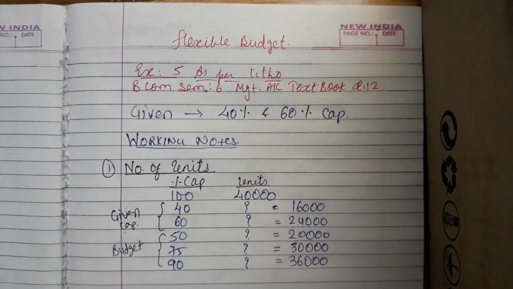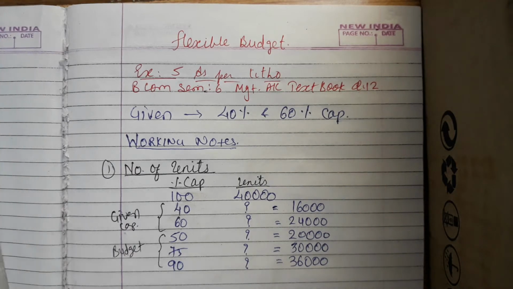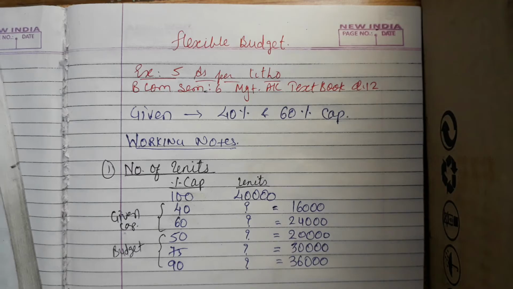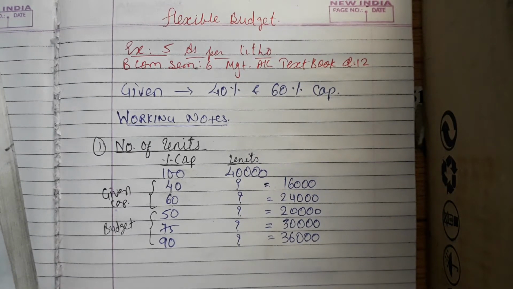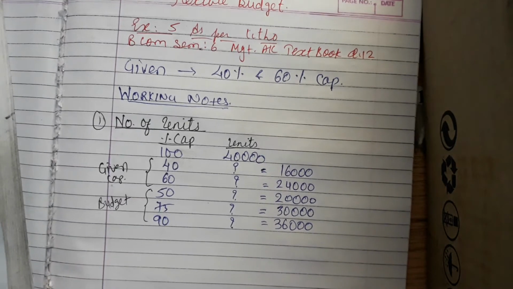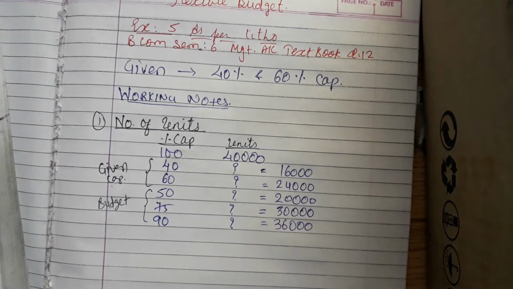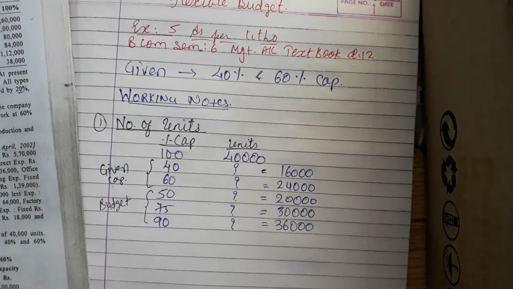So this is a different type of example than we did previously. In this example, the information related to two capacities is given. Previously, all the information was given just for a single capacity. From now onwards, we'll solve such examples in which two capacities are given in the question format and we need to find out another one. So let us read the question.